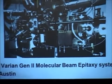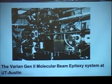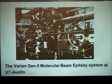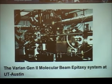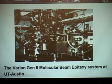Here's just an example of a molecular beam epitaxy system. I was at University of Texas, Austin, a couple of years ago, and also at JPL, where I've done consulting, and they have a whole row of these things. They're very expensive machines. And what they can do is lay down layer by layer, like a vapor deposition system,